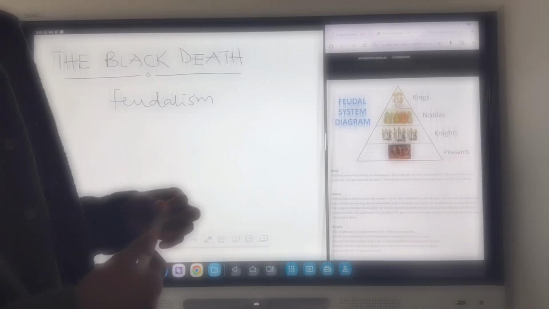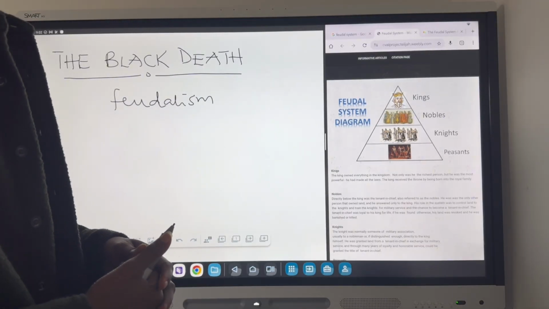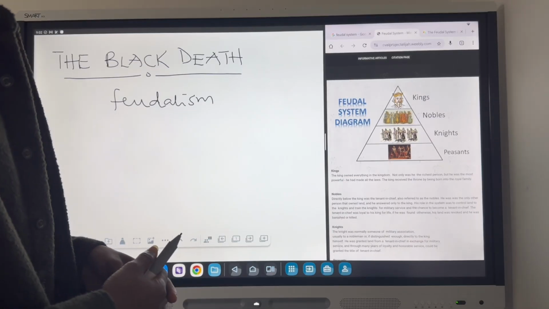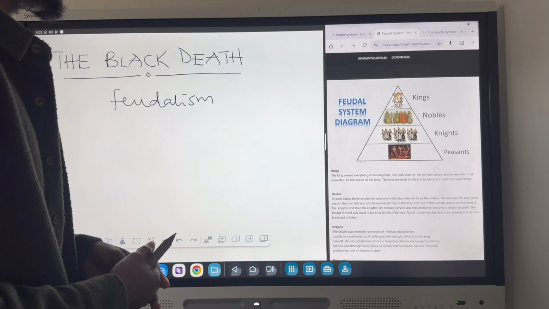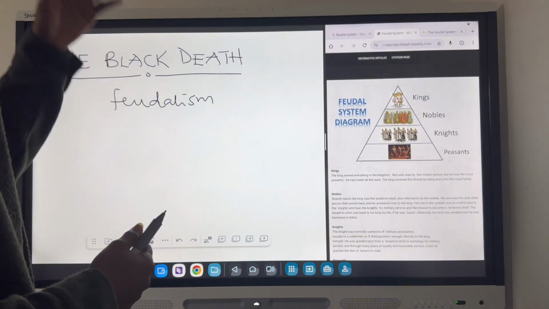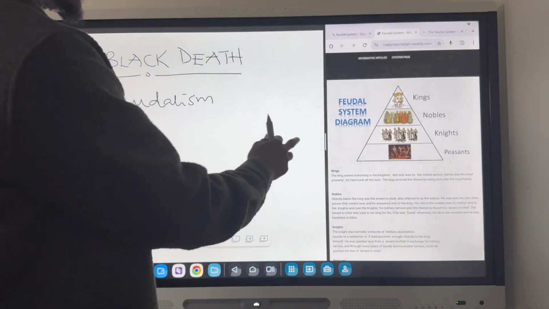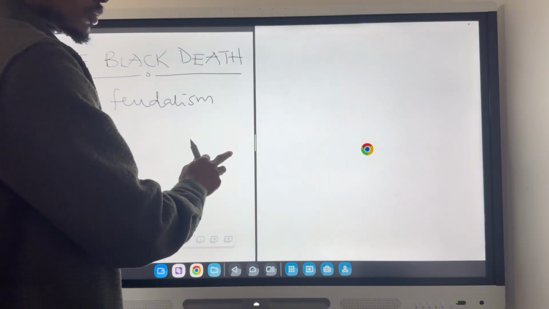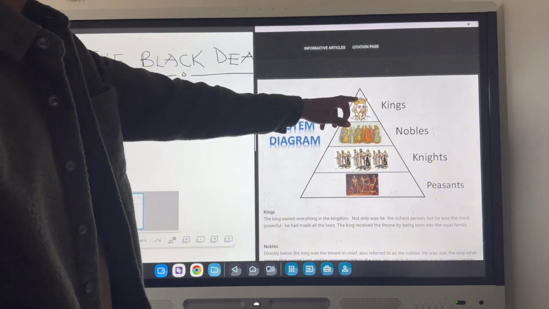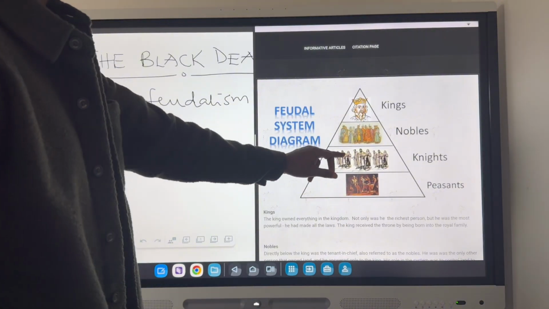At that time, the kings were regarded as those who were the supreme beings. They had the right of ownership of everything within the country or wherever they were living at that time. So they were at the apex of the hierarchy. So if you look at this diagram here, we have the king at the top, then we have nobles, then we have knights, then we